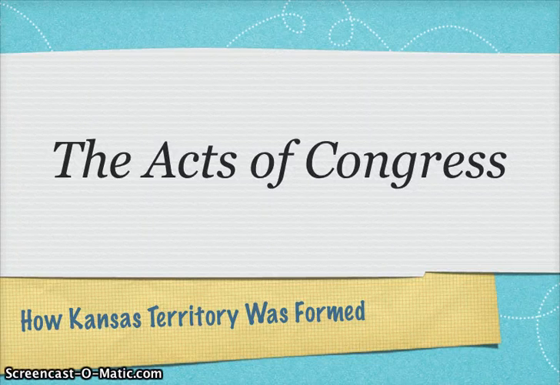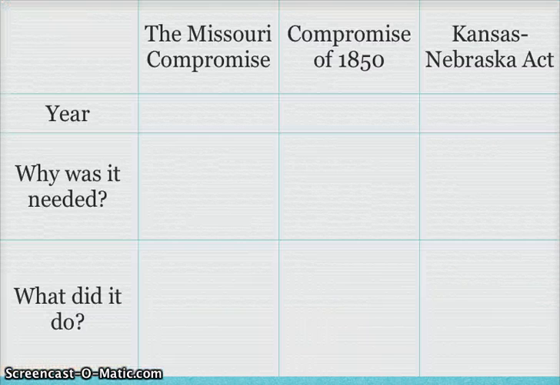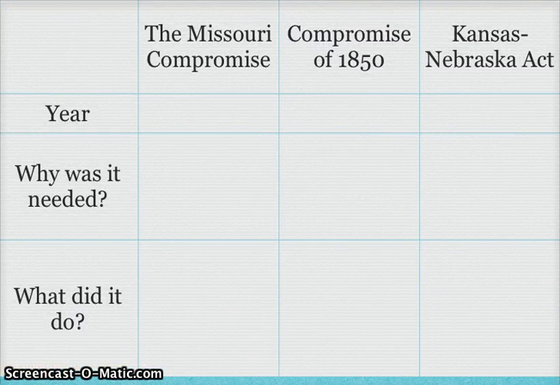All right, guys, we're going to talk about the acts of Congress that essentially made Kansas go from a territory into an actual state. So the activity we're going to do for this is I'm going to ask you guys to use a sheet of paper and make this chart. And you're going to fill this chart in as I go through and lecture on